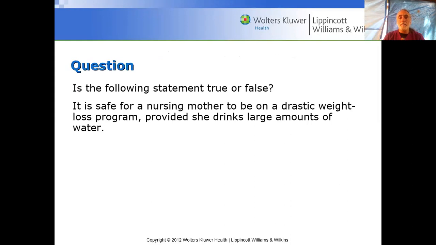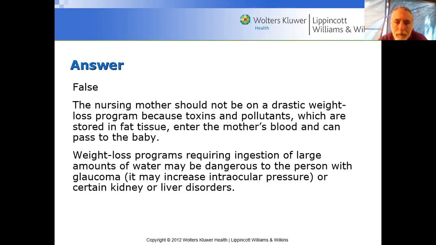So what do you think? True or false? Is it safe for a nursing mother to be on a drastic weight loss program as long as she drinks water? I really hope nobody said true. No, because